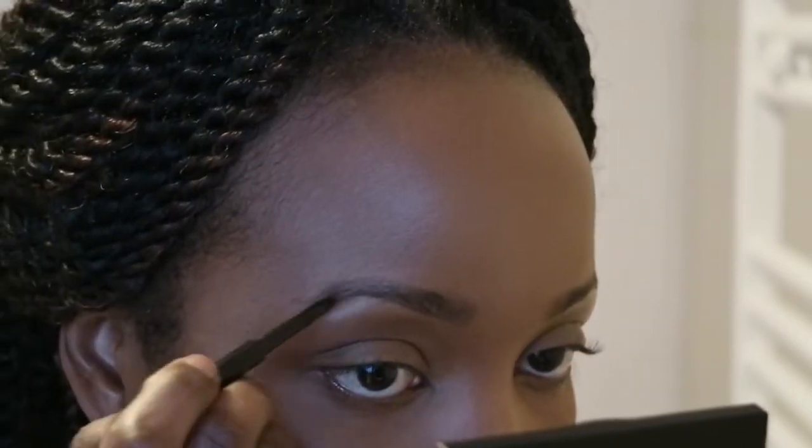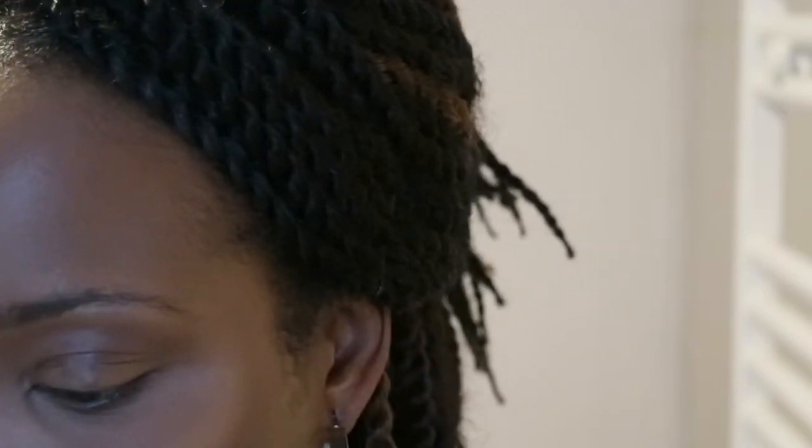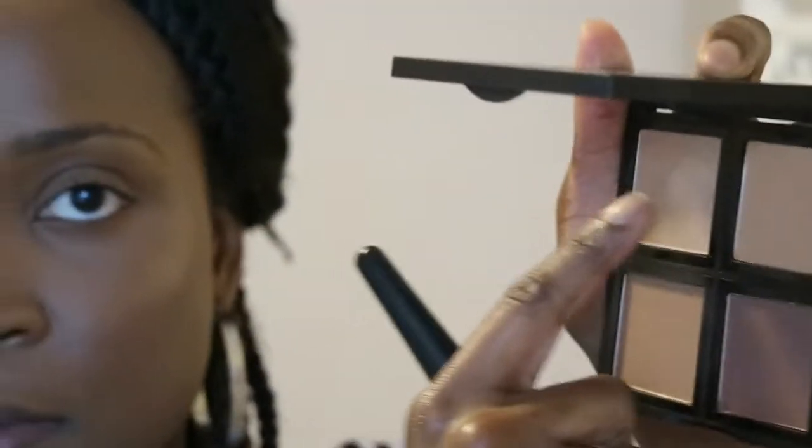So what I'm gonna do is take one of these e.l.f. palettes and use it as a mirror. Something, but it's definitely not dark enough. So I'm going to use my Primark eye pencil. Now I almost forgot, there was a highlight shade in here which would have been perfect, so